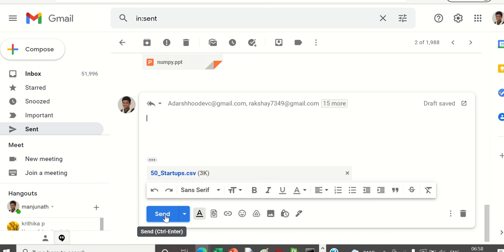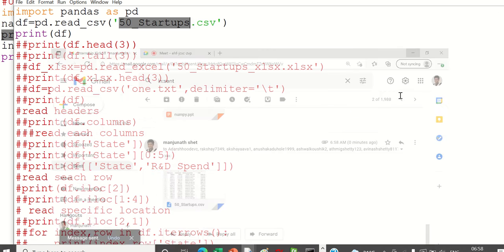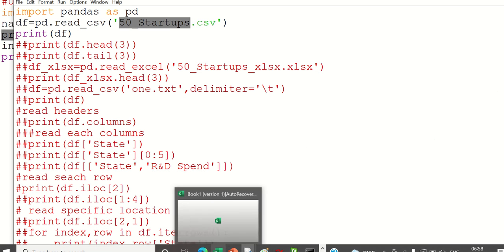So with pandas, we will see direct programs. First we will see what the data set is.